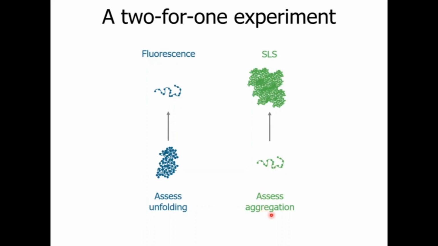If we want to look at colloidal stability or aggregation, we will monitor the increase of the static light scattering signal to see when the sample aggregates. SLS is a function of molar mass, and so as the aggregate forms, that signal is going to increase. If both of these capabilities are combined in one experiment, these behaviors can be tested simultaneously. Before I show you data recorded for fluorescence and SLS in a thermal ramp,